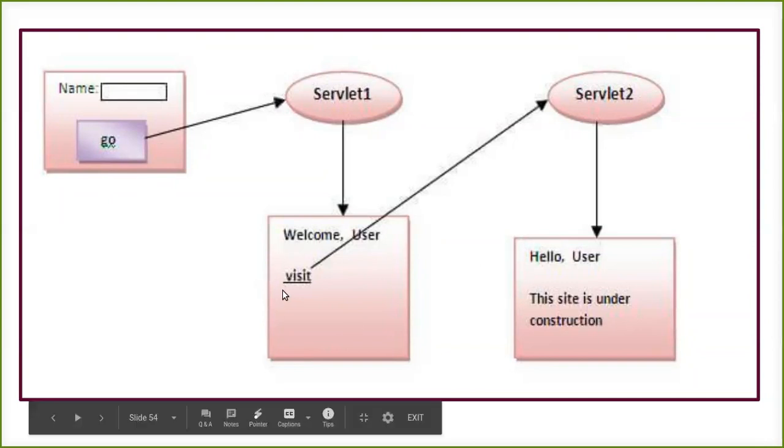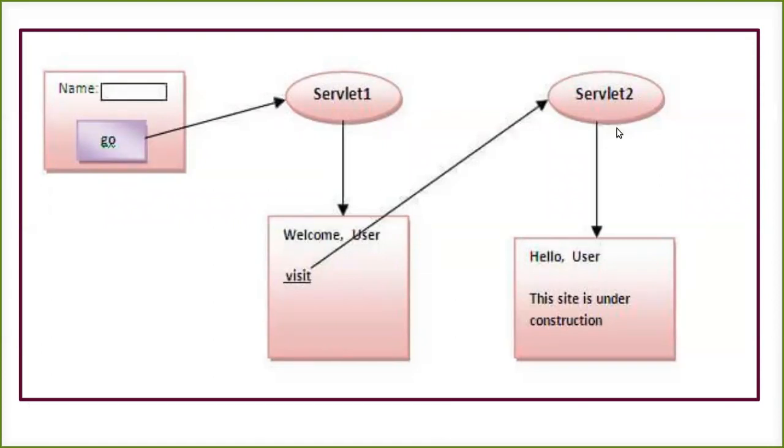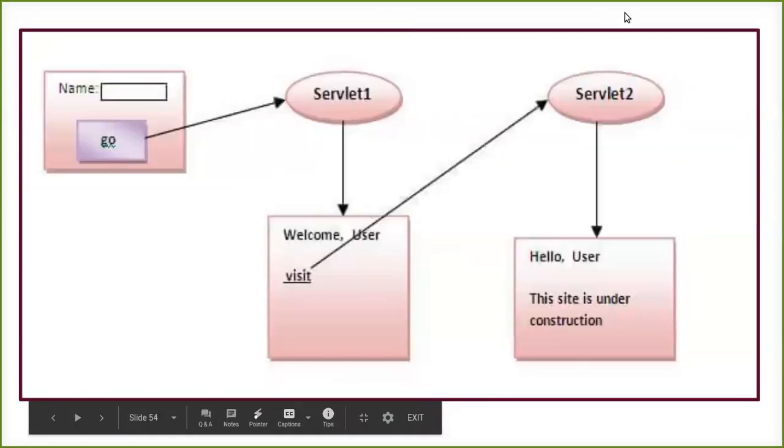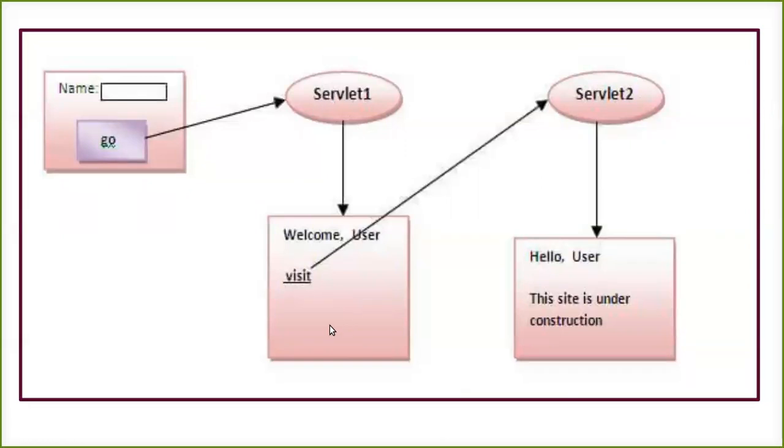Now here what is happening, you have another link available. Whenever you click on it, it is going to get redirected to another one. So what basically you are doing, from one client you are just rerouting to the other one. So you have routed to here in this first page, and then again you have rerouted to another page for the response. You have rerouted or remapped to another one.